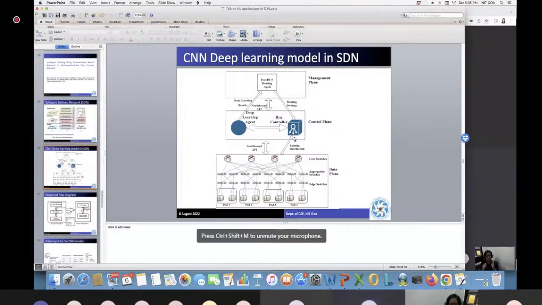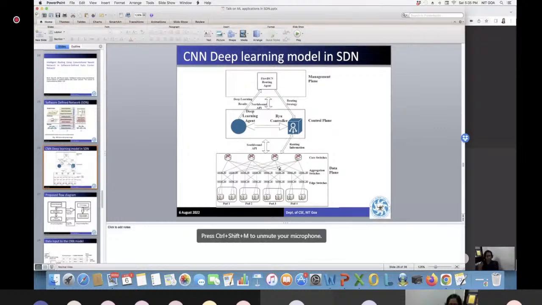In practice, it is not only one controller. Depending upon the network size, you deploy multiple controllers. But from the user's point of view, the data plane will understand there is only one controller. But in practice there is not only one controller. So one controller can handle how many nodes in the network, or switches?